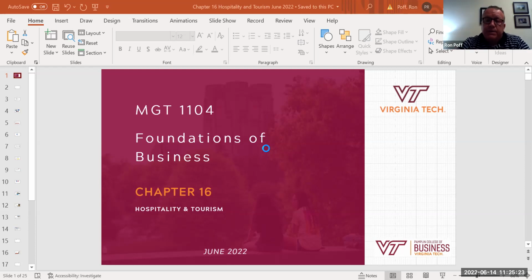The hotel segment, so this is outlined in the chapter, is broken down into 4 different specific areas: commercial, leisure, meetings and groups, and extended stays. On the extended stay, that could apply to either business travelers or leisure travelers. A business person may choose an extended stay if they're going to be in a city for more than a week at a time.